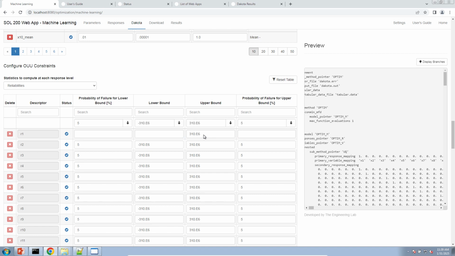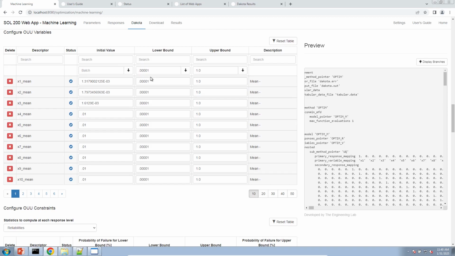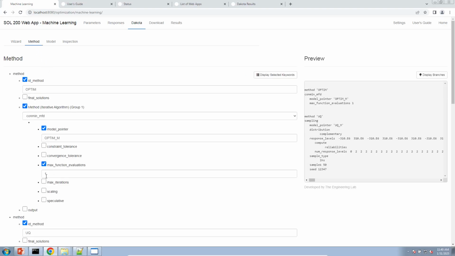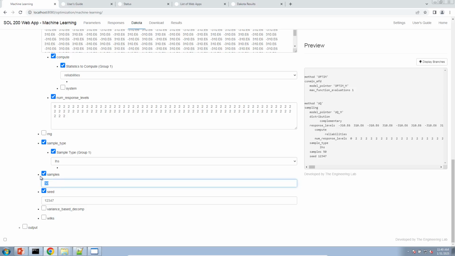So here we want to make sure that this input box is also blank. Okay, so we're done configuring this verification configuration, and now let's go ahead and do one last check. Let's make sure that in the method section, the maximum number of iterations is 1. Perfect. Now for sampling, since this is verification, we want to run Nastran more than 50 times, maybe 100 or 200. We've already done a convergence study, so we kind of know about how many runs we need to converge to